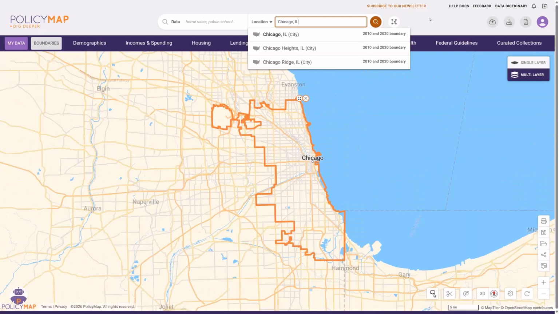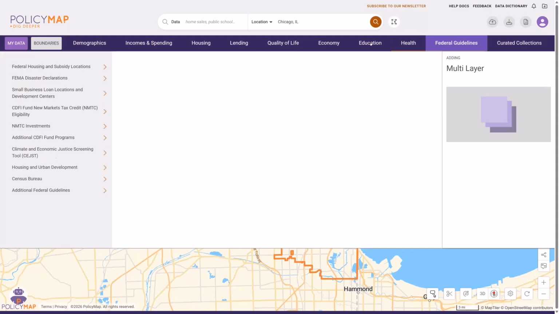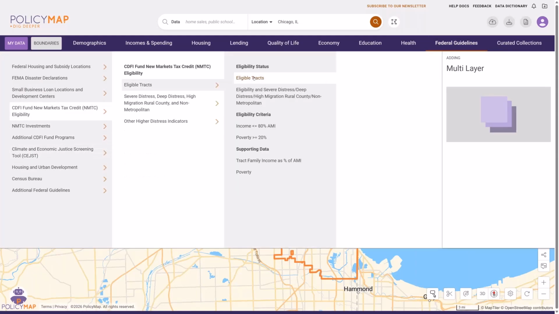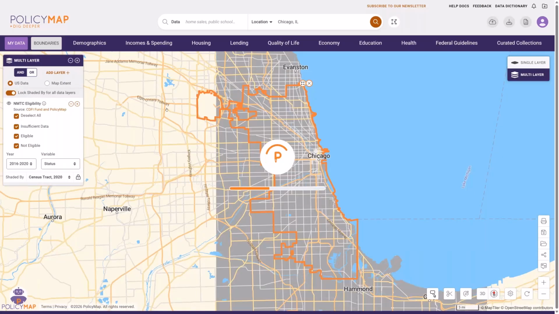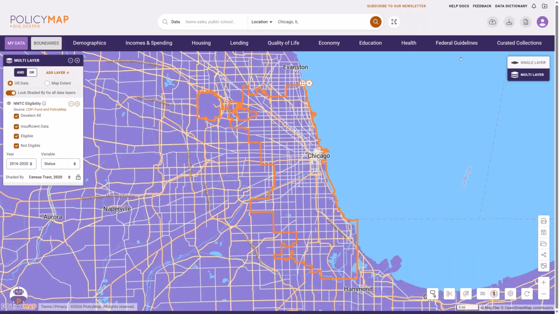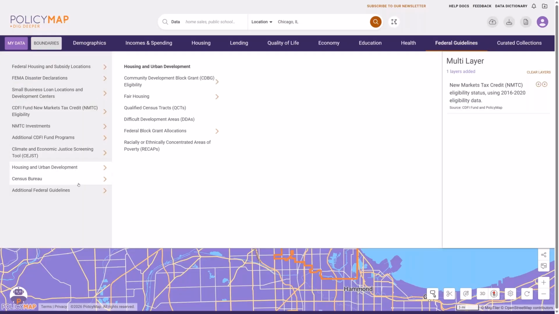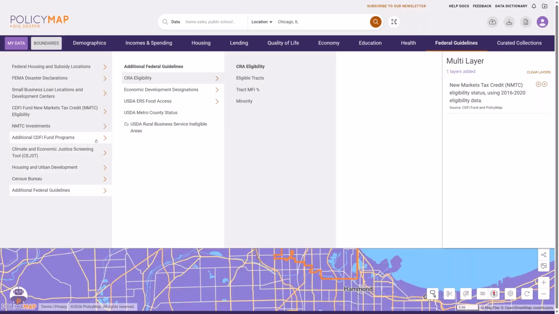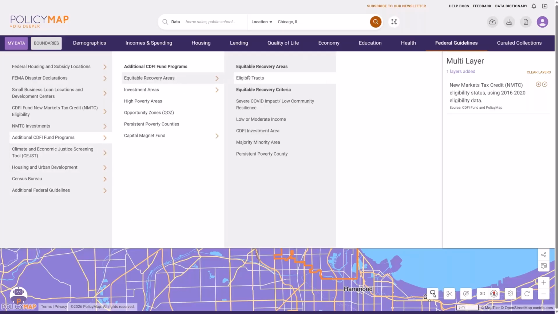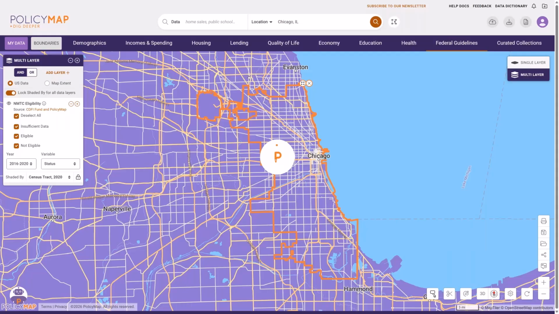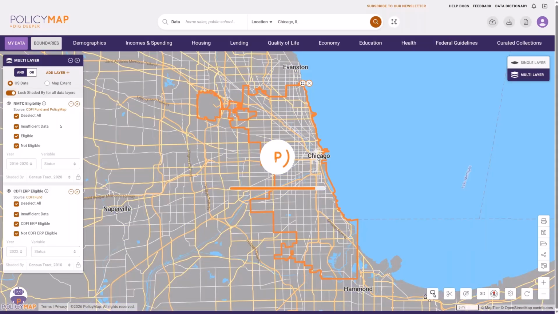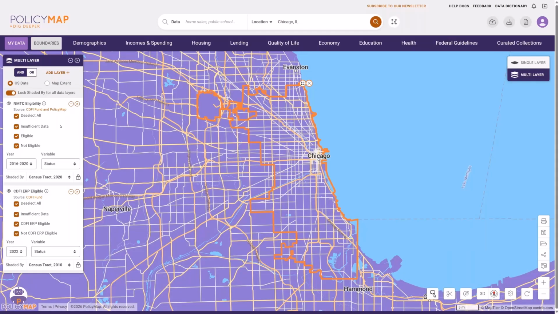Let's say we want to get a list of every census tract in Chicago that are eligible for some federal programs, something like the New Markets Tax programs. If you're familiar with this, it's a unique program. You can keep on eligible if you wanted to. We'll just keep those variables. And then the other one, let's see if they're eligible for the COVID recovery areas. So what we have here is 2 variables, data layers, and we have not made any adjustments. And with this, we can download